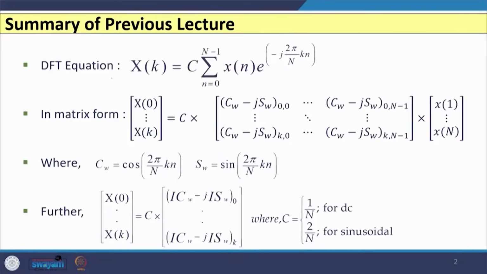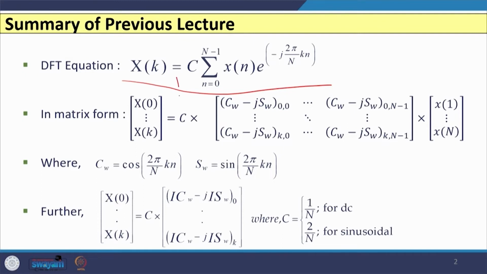Hello friends. In the previous lecture we discussed the discrete Fourier transform algorithm, and how, using the full cycle DFT algorithm, we are able to obtain the phasor value of the sampled values available for any given signal. In that class we discussed the equation of DFT, that is X of k is equal to C sigma x of n e to the power of minus j 2 pi by N k n, and if